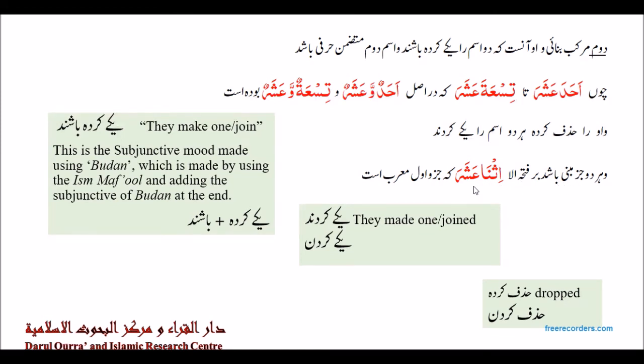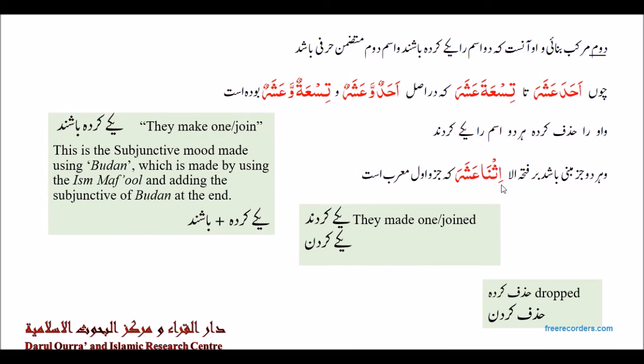Why is it an exception? He says, ke, that juz-e awwal, the first part, the first juz over here is ithna, and ashar is the second part. So ithna is the first juz. He says concerning the first juz, bi awwal, mu'rabast, is mu'rab. So ithna is mu'rab, but ashara is still mabni. Ashara won't change, but ithna is mu'rab.